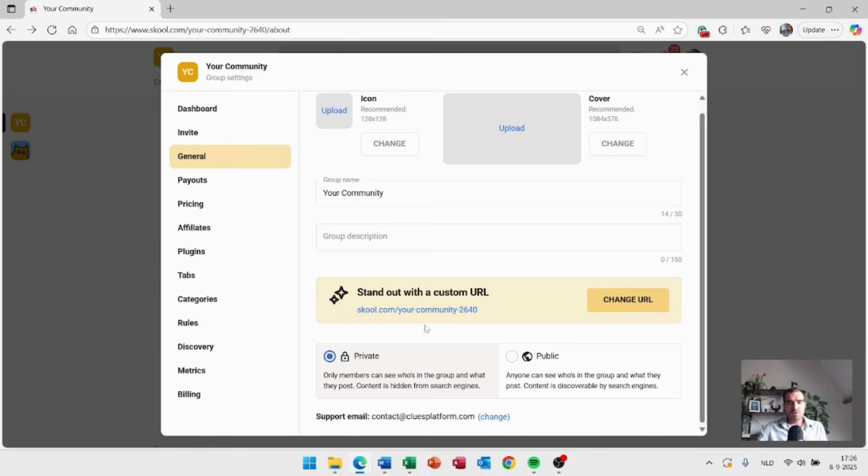You can choose whether you want your community to be private or public. This basically means that if people are looking for your community, they will either see everything. So if your settings are public, when someone goes to your community, they will see everything inside the community. If it's set on private, they will only see the about page. I always recommend to use the private setting because otherwise